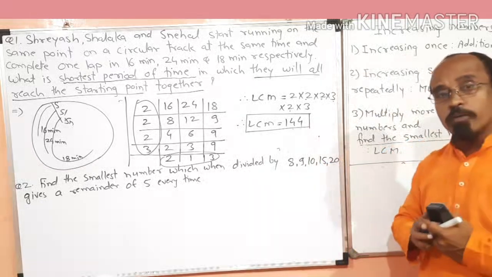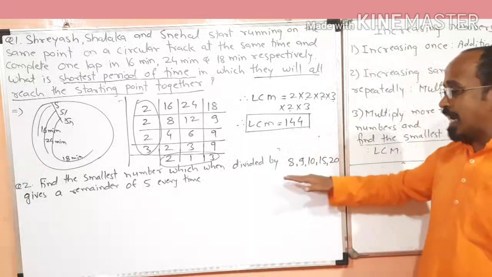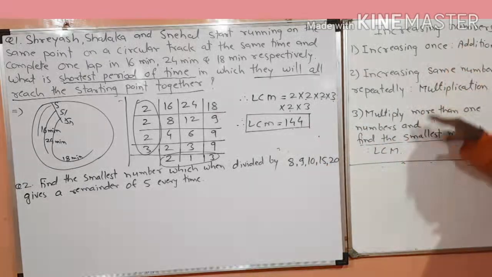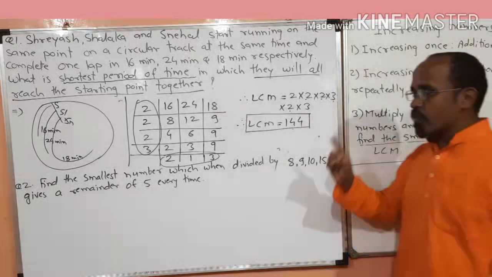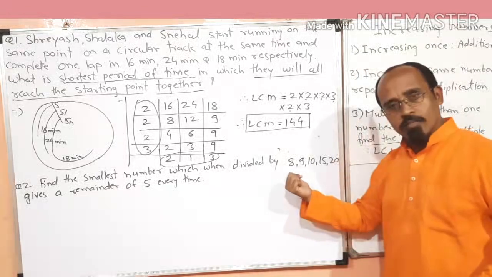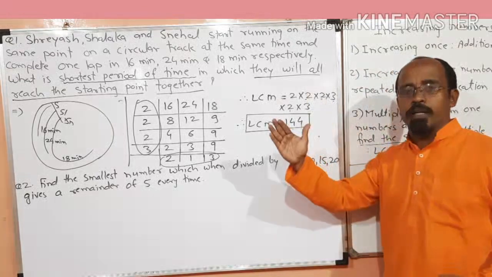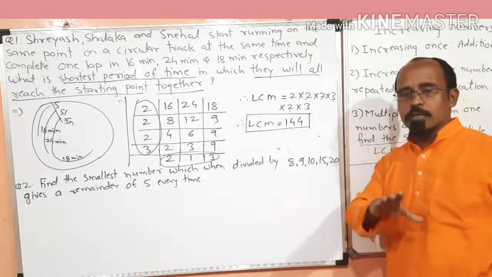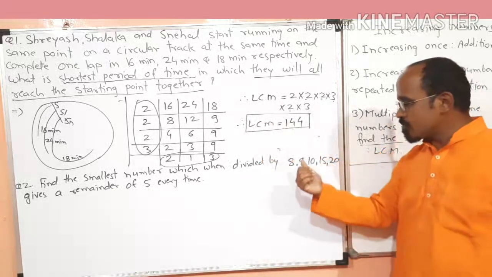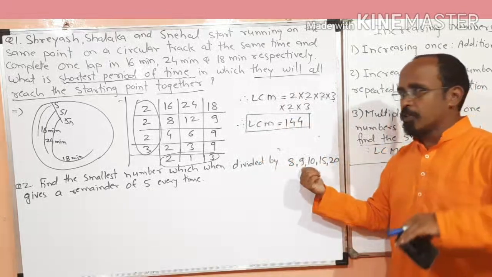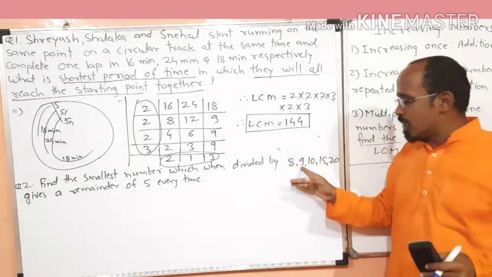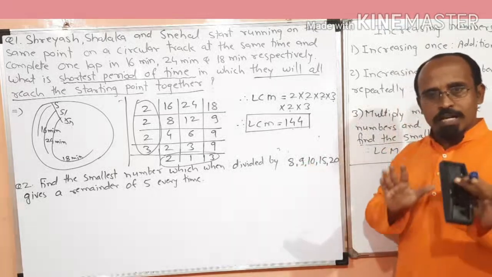So what is the meaning of this? The meaning is that the number is greater than all these numbers. Clear? When we divide that number by 8 with a remainder, it means that if you subtract 5, the number is a multiple of 8, meaning if you multiply 8 by some number, you will get it. Similarly, to reach that number with 9, you have to multiply 9 by some number, right?